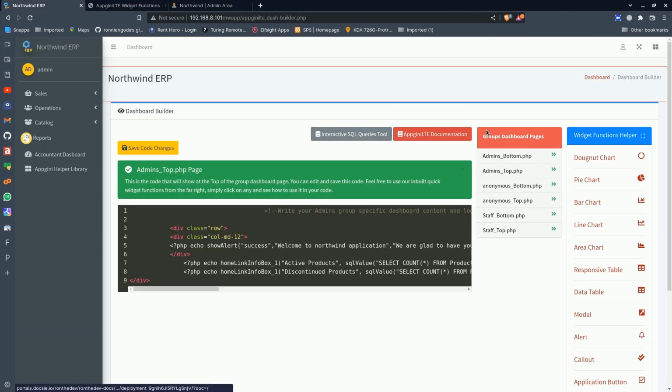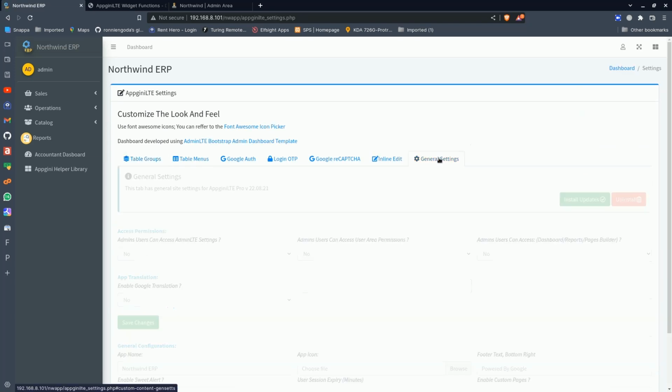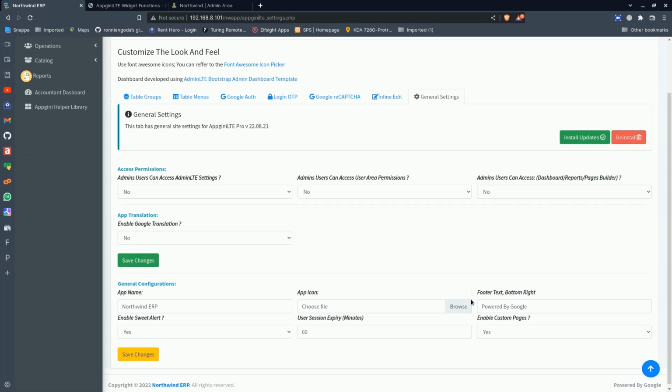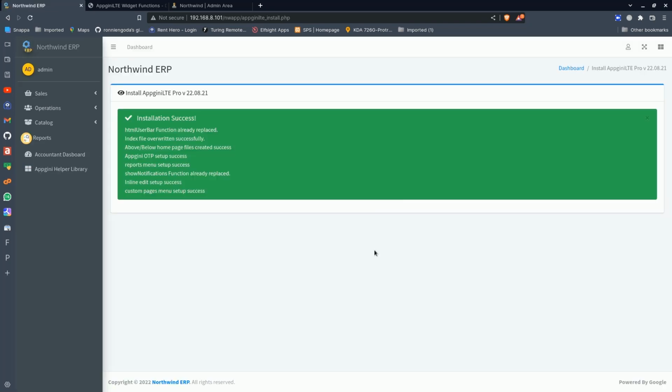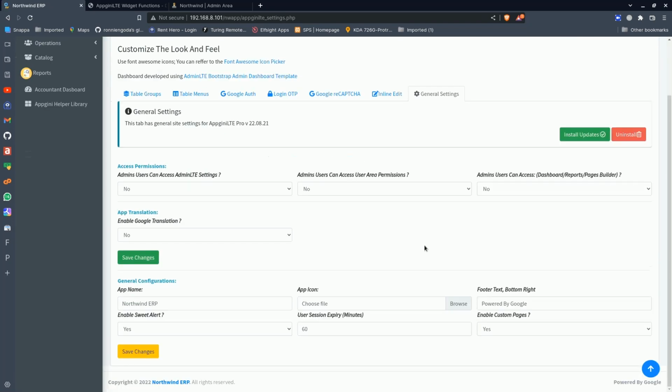The other thing I'm almost forgetting is under AdminLTE settings, general settings, you'll see that we have custom pages here. Once you update this template to the latest version, you have to install updates. Always install updates, right? It will run new updates or functionalities that we have packaged there. So if it is installing them to the Genie files or something, do that. Then after doing that, for example, you want to enable custom pages. If you say no, for example, and save changes,